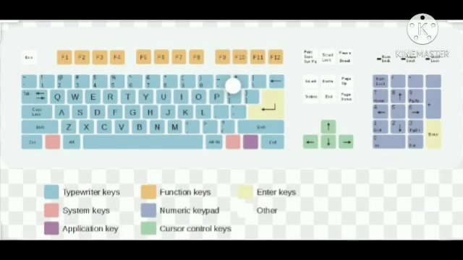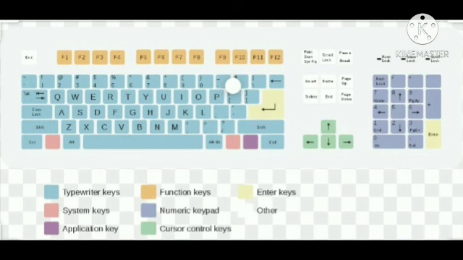Okay, everyone, now I read this lesson from the book, lesson number 3, keyboard, page number 21. A keyboard consists of different types of keys like alphabet keys, number keys, function keys, and special character keys. Alphabet keys. Alphabet keys or letter keys are the keys with alphabet A, B, C, D to Y, Z. There are 26 alphabet keys on the keyboard.